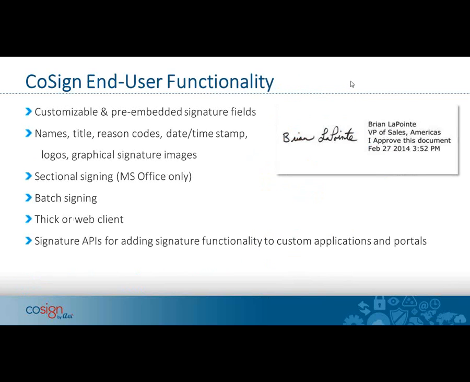Moreover, once we get into doing some signing, what is nice about Cosign is it gives you a lot of flexibility on how you want to present your signature on your final signed documents. You can see on the right-hand side of my screen my graphical signature that I've chosen to use here. You can see next to my graphical signature some different metadata fields, such as my name typed out, my title. I can present that on a document. A reason code is a very nice thing to show what is my intent for signing this. And in some regulated markets, it's required to enter a reason code. All this information gets stored in the certificate too, that's embedded in the document.